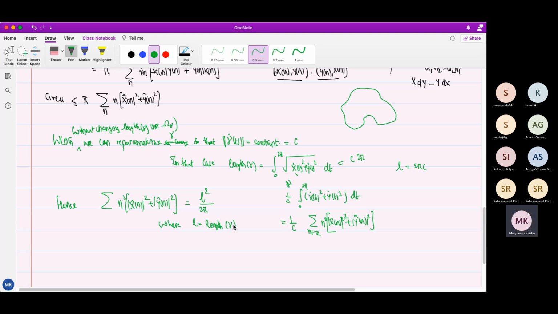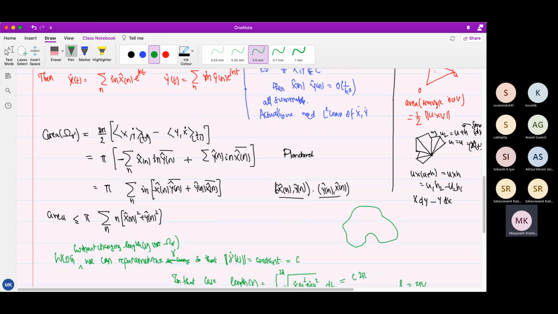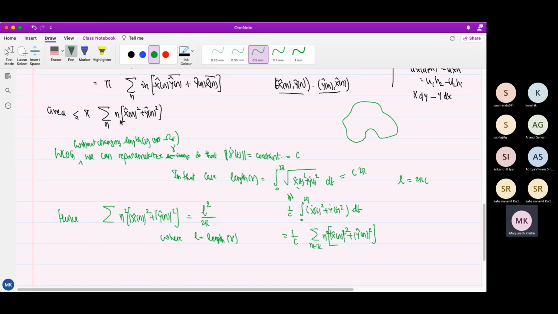Is that okay? Yeah, this is fine. So now how is this bounded in terms of this? How do you bound area in terms of this? The 0 term can be ignored in both cases. For all other n, n is at least 1, so this thing we can easily bound by the square, pi times